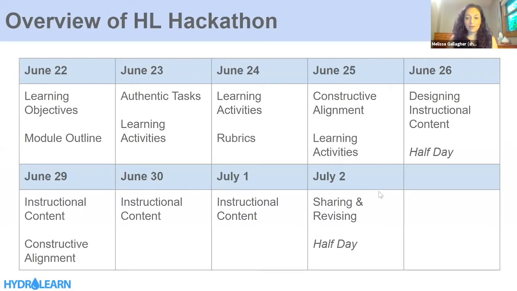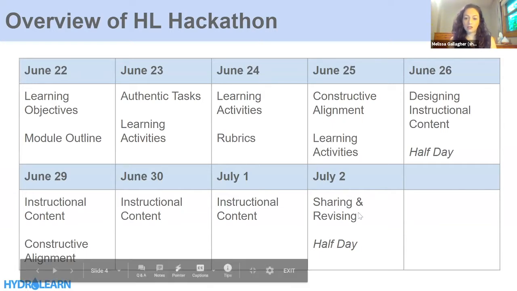So let's go ahead and jump into it. Today we have 3 sessions. It's our last day with 3 sessions. The rest of the workshop days will have 2 sessions, except for the half days where we'll just have a morning session. So that's this Friday, and then next Thursday, we'll just have morning sessions.